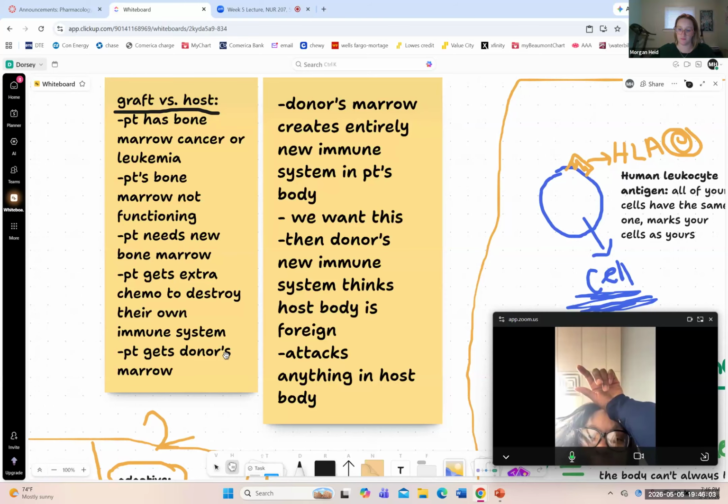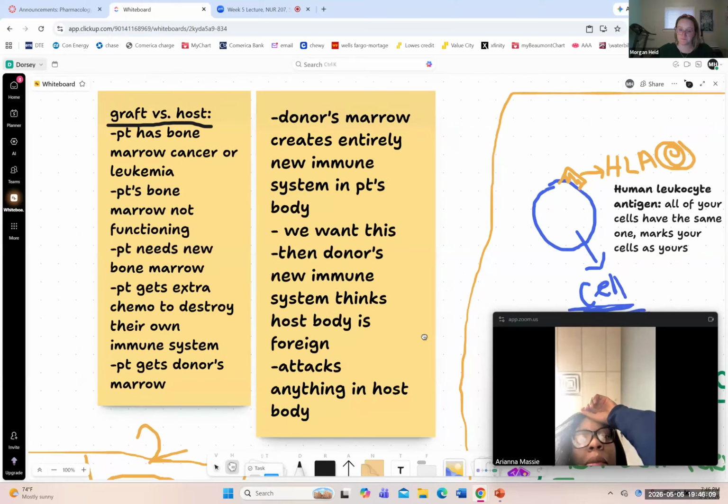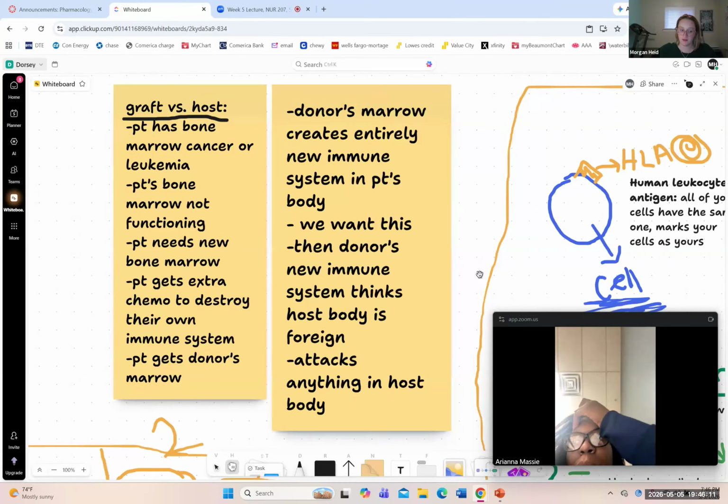Is everybody with me so far? Questions so far? Okay. Then the donor's bone marrow is supposed to make a whole new immune system for that patient, right? That's why I am replacing it, right? Their immune system wasn't working because they had cancer in it. Okay, so I killed what's remaining of their immune system,